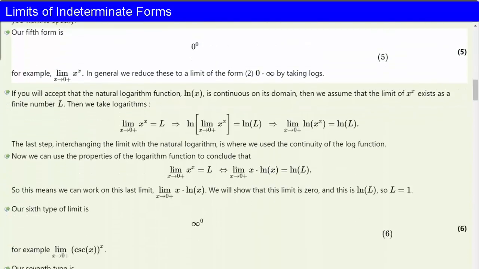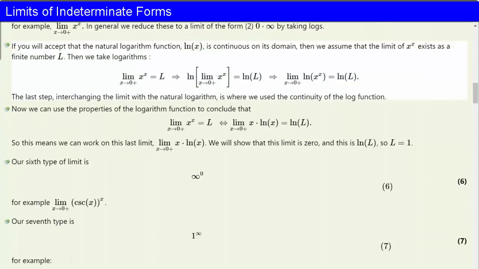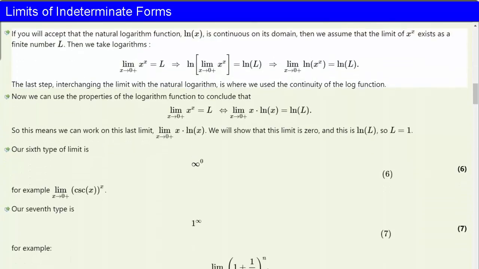Our fifth form is limits that look like 0 to the 0. For example, the limit as x goes to 0 through positive values of x to the power x. In general, we reduce these to a limit of the form 0 times infinity by taking logs. Here's how this works. If you will accept that the natural log function is continuous on its domain, then we